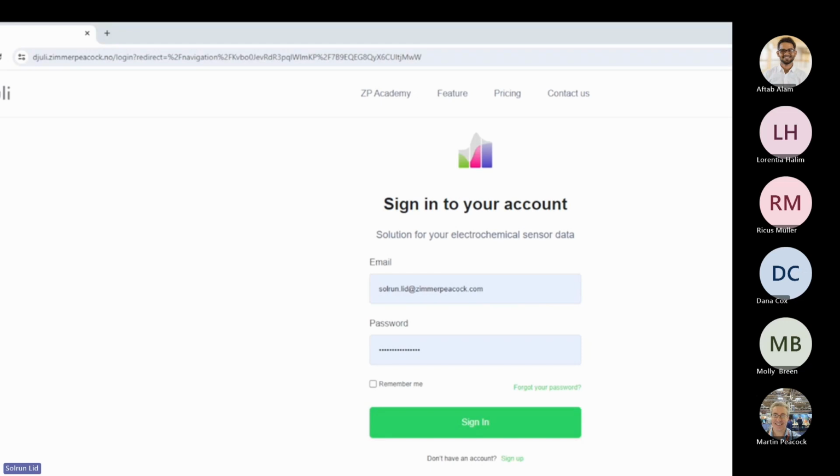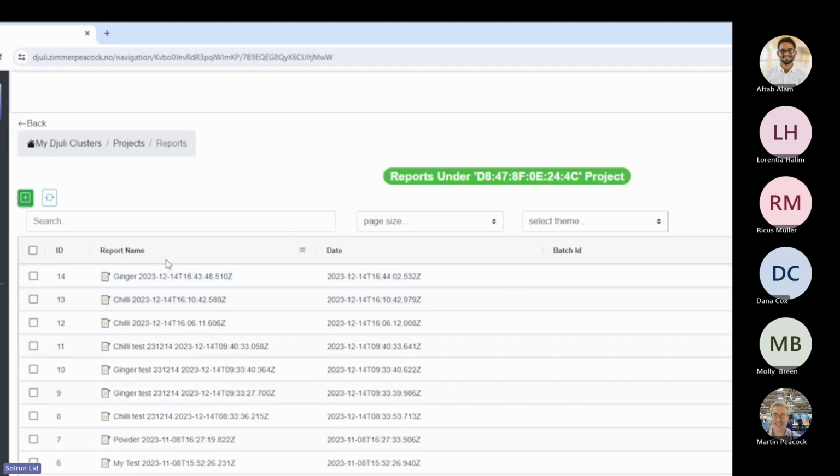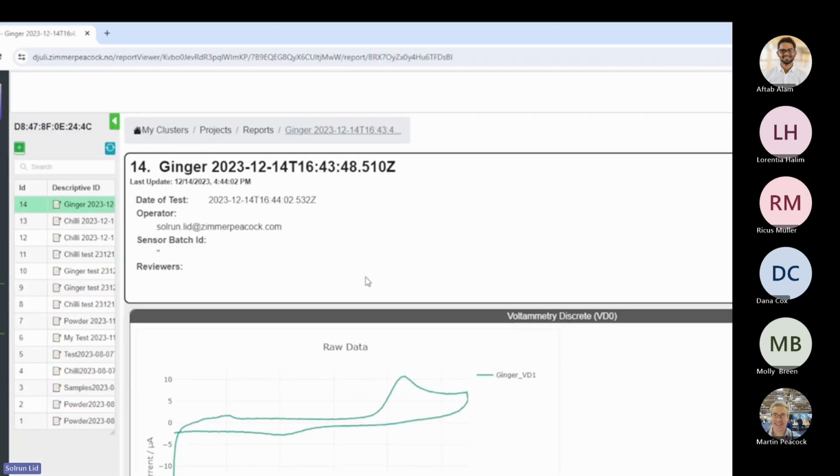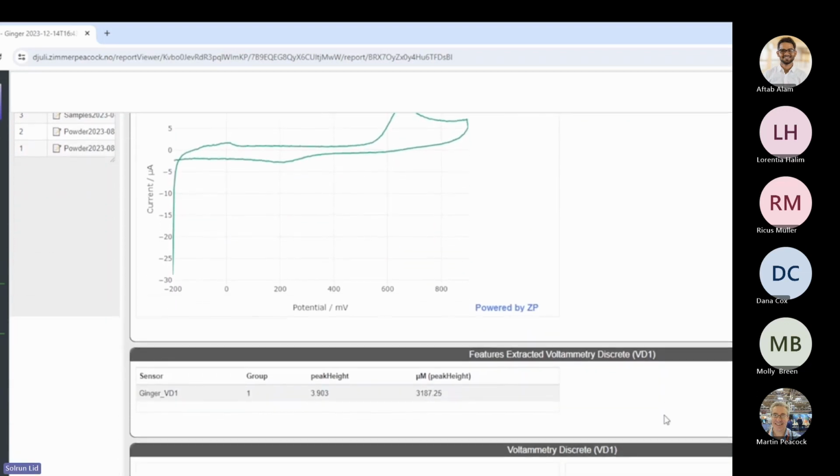And I will take you to Chilli and show you what it looks like. Okay, so just need to sign in and show you those cyclic voltammograms. So right now you can see our test on the top, which was named Ginger, and you can also see the date and time for our test. So the device is running the cyclic voltammetry, but it's also analyzing